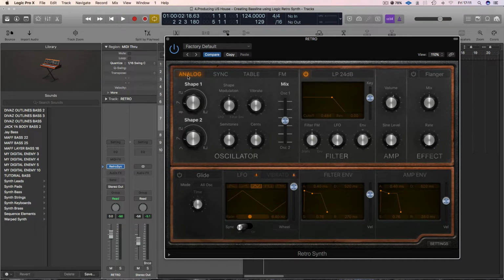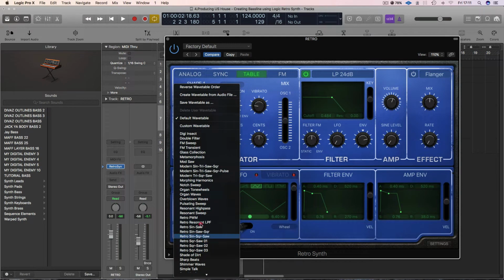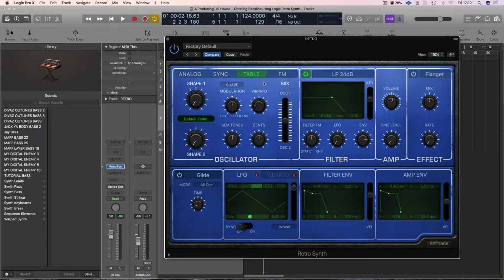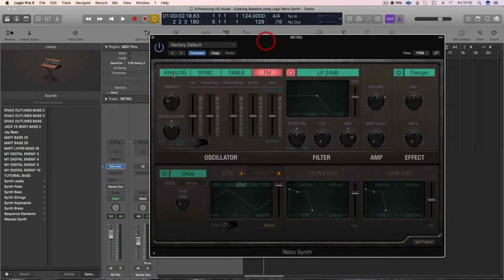It's almost 4 synths in one. You've got a standard analog synth, and a variation of that. Then you've got a table wave synth, where you can choose different harmonics and waves that you can then amend in this section, a bit like a PPG wave synthesizer back in the day. And the FM is, as you can see by the colours, very reminiscent of a DX synthesizer. And I'm going to be using the table synth,